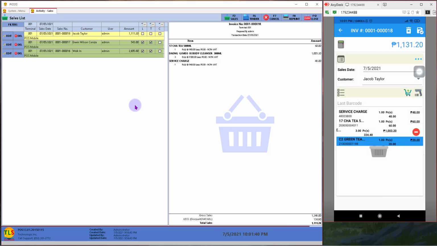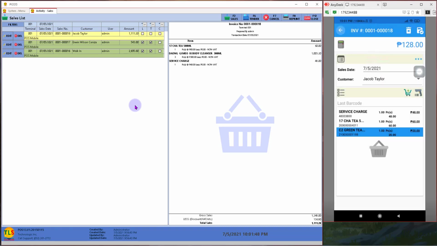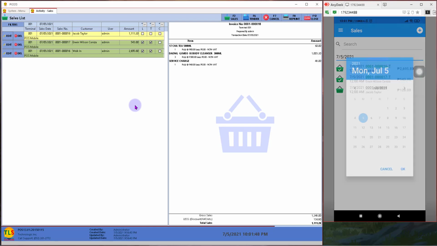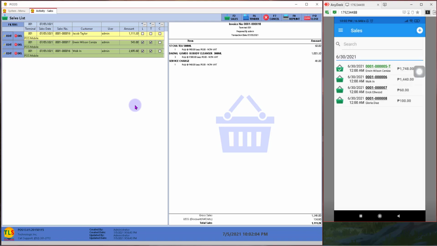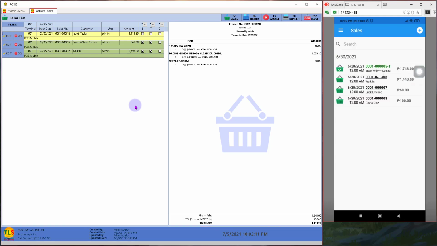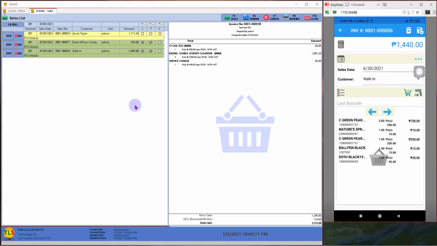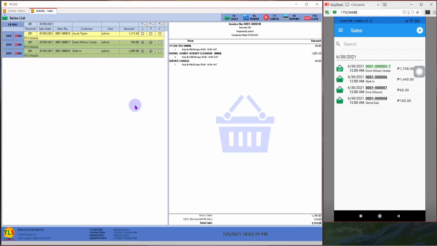You can always delete an item there and you can always save. And just like that, you can also backtrack some of your invoice. So let's go to the June 30. Notice also the icons, it also changes. So that's the power of the MVVM application. So that's it for the sales